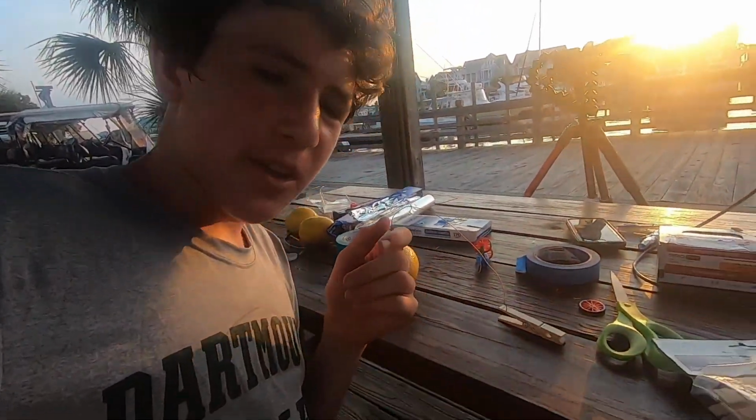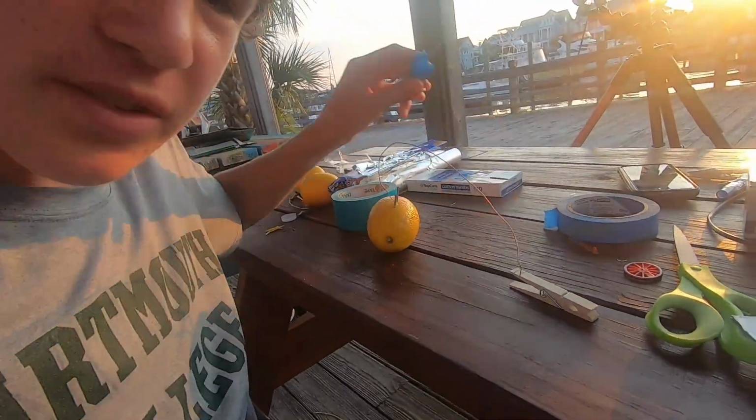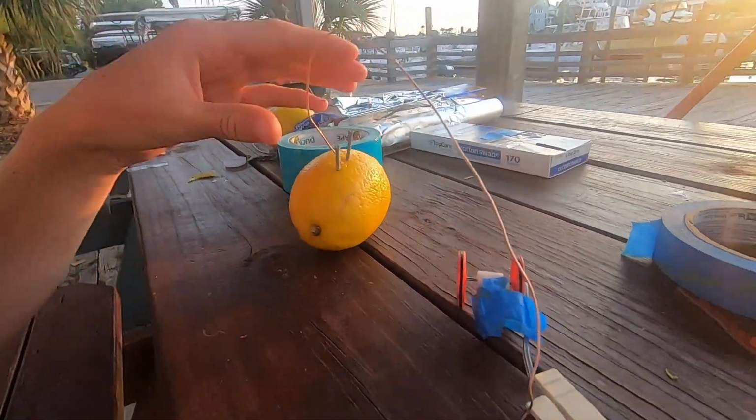The only problem now is how do we get this to spin? I know the lemon can power, but how do we get this to spin using this copper and this spinny thing? That's the only problem I'm facing, since they didn't have that electric motor that I desperately needed. So I'm just using this